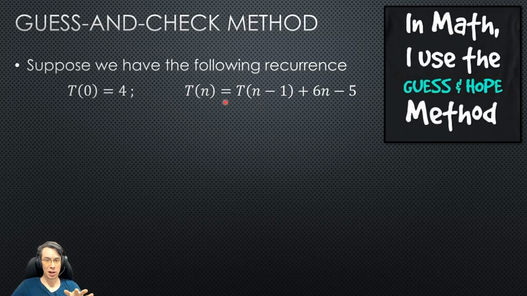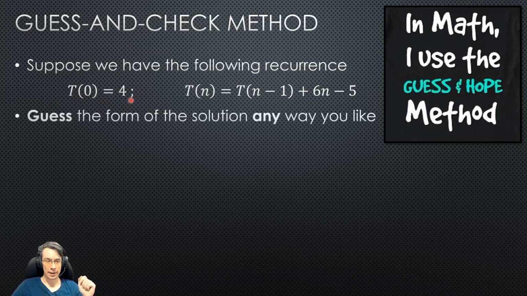So suppose we have the following recurrence. We have T of n is T of n minus 1 plus 6n minus 5, and then it has a base case where n is 0, T of 0 is 4. Okay, so